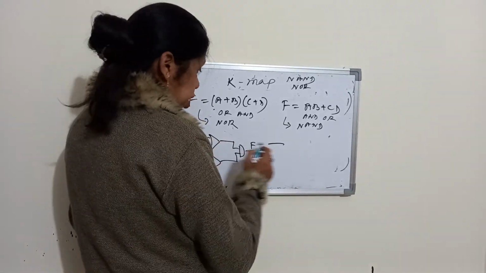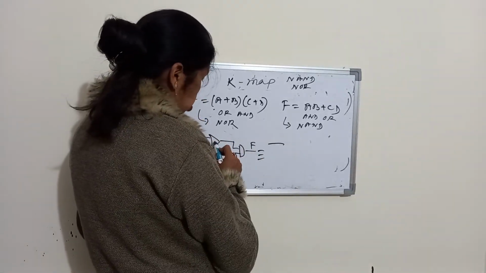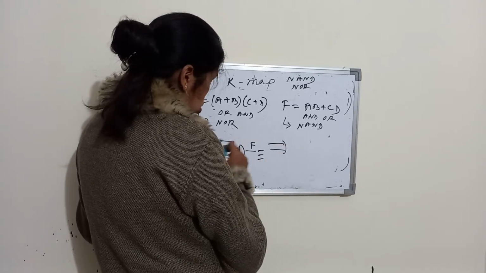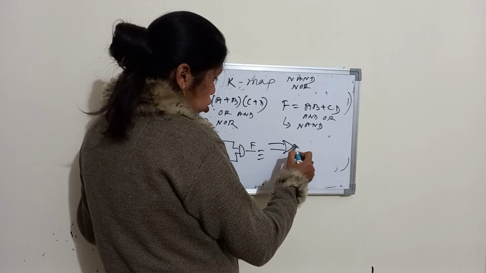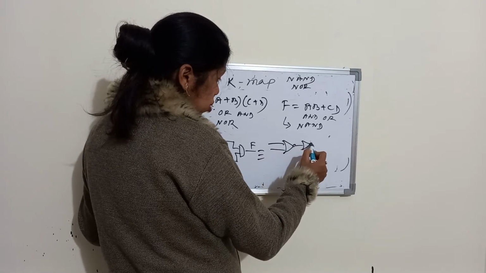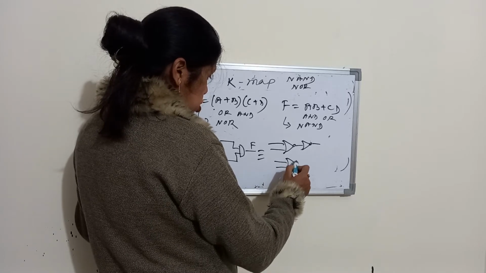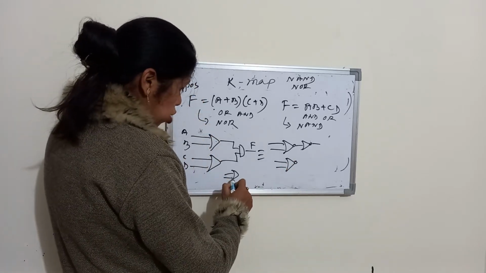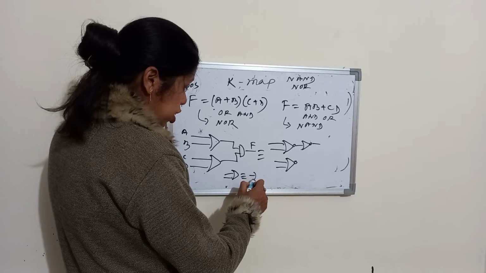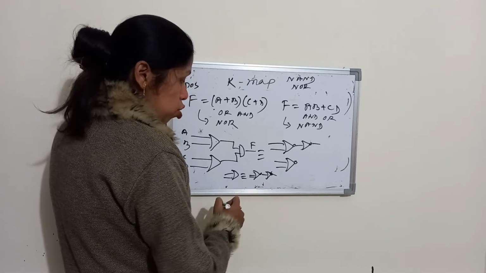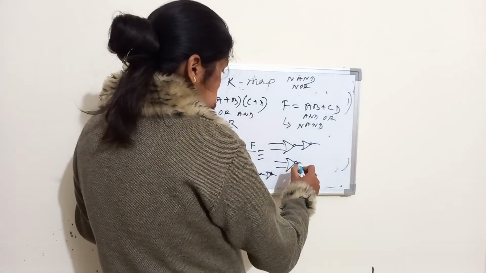So the OR gate, how can you represent? If you want to replace the OR gate with NOR, you can see, along with the NOR gate I have to put one more NOR gate. Okay, in the same way, this is the OR gate. Okay, equivalent to this OR gate is this NOR gate. Okay, so here also,